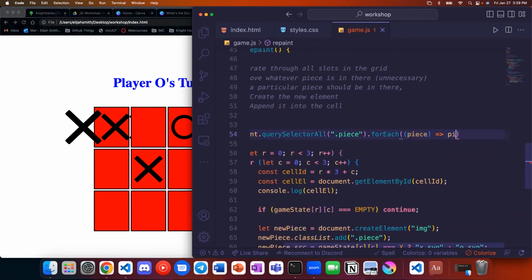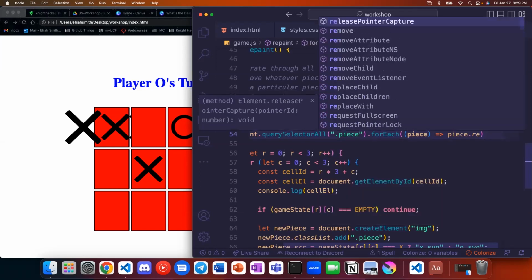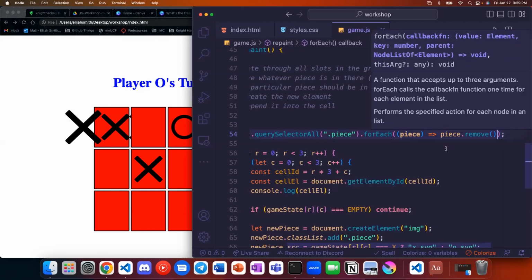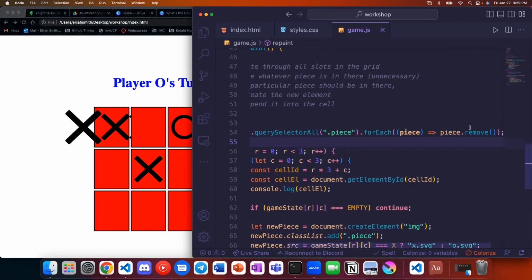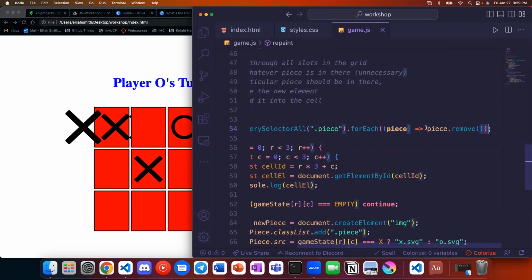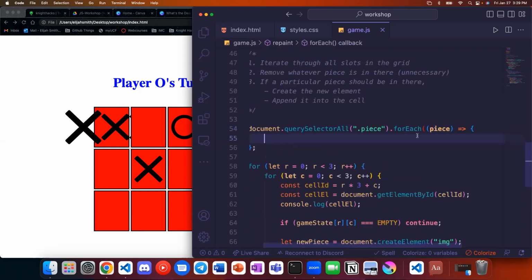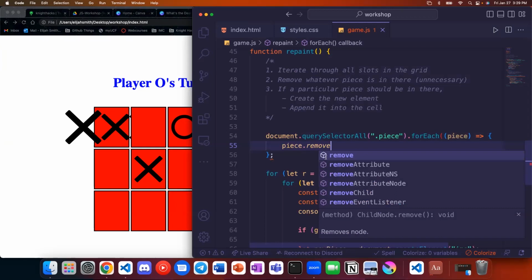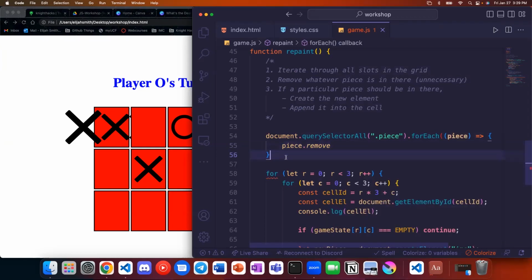And we're going to call piece dot, I think it's removeNode. And if you do it in one line like this, there's no semicolon at the end, there's no braces, but we could also do this. This is also perfectly valid.